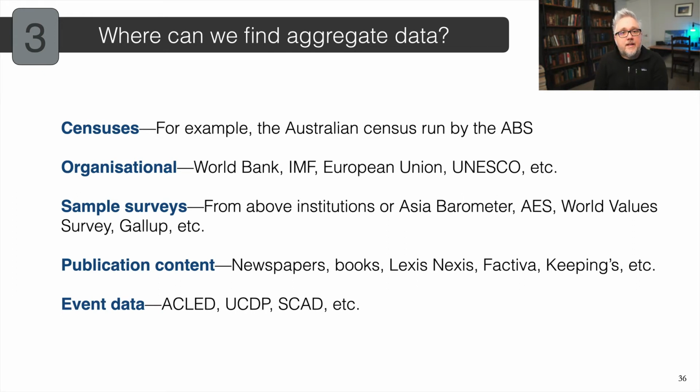Those often turn into event data, mostly having to do with international or domestic conflict. ACLED has gathered data on protests related to the coronavirus pandemic. They've gathered really interesting data on the January 6th protests in the United States. The UCDP is one of the largest data sources on civil conflict and internationalized civil conflict. SCAD looks at Africa and Latin America for social conflict. There's a lot of different event data sets. Happy to give you advice if you have any questions about those.